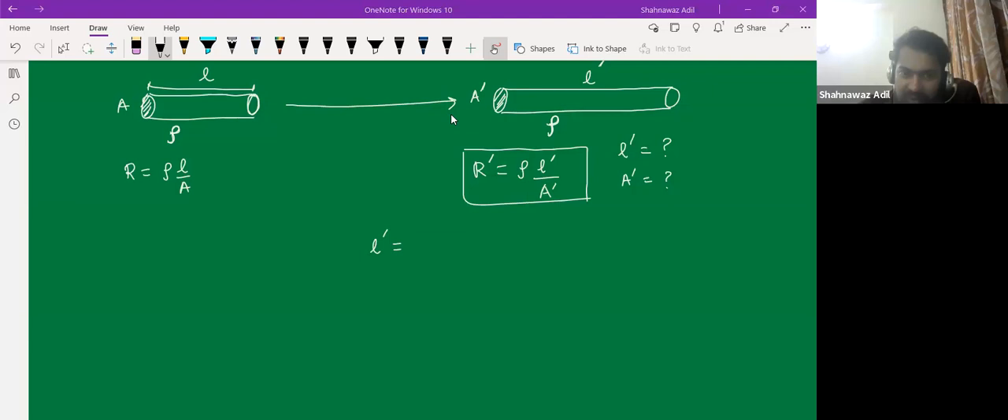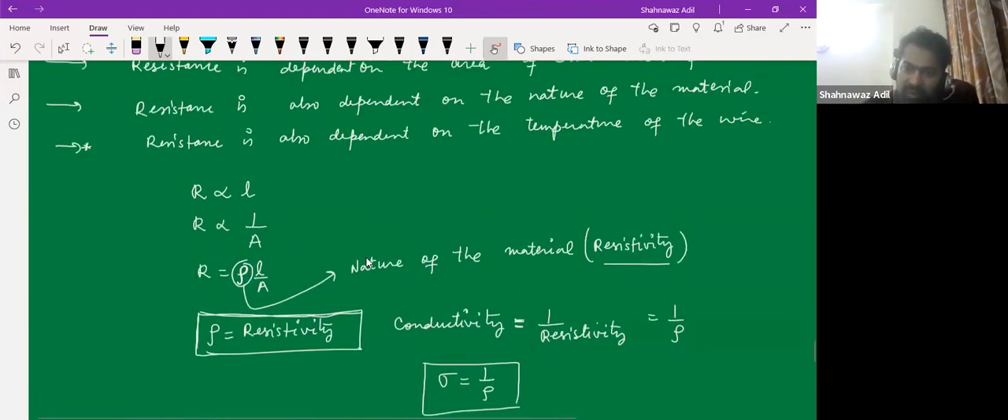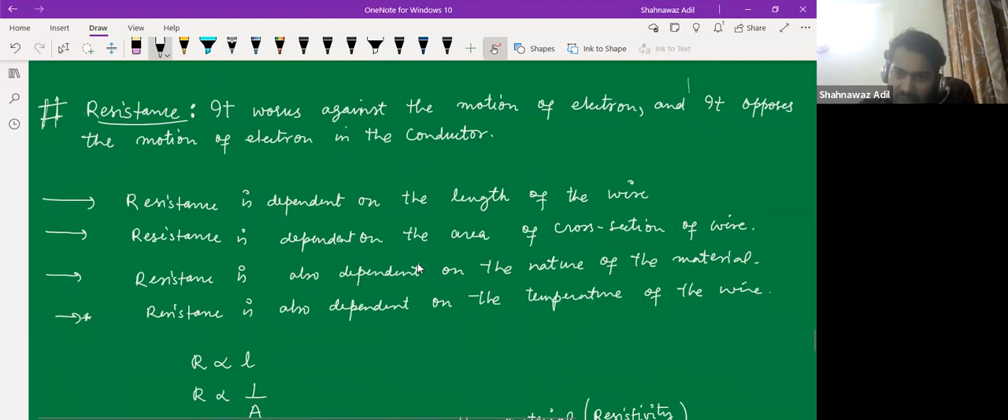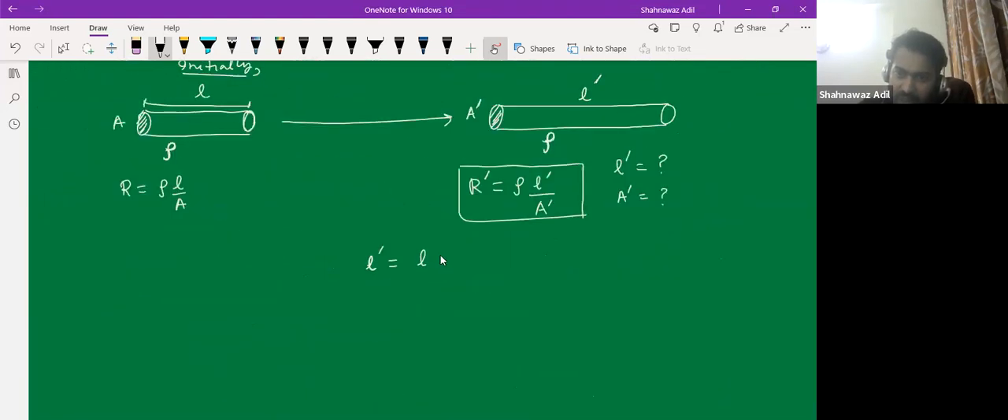So L prime is the length plus an increase of 25% of the length. This is the new length, right? We had this old length L, and it is increased by 25%, right? Arsalan and Mir? Yes, sir. So what would this be? This would be L